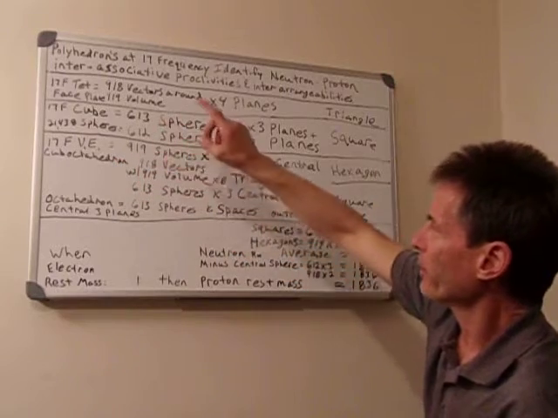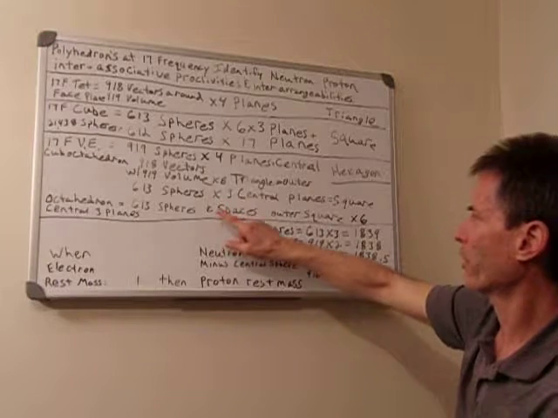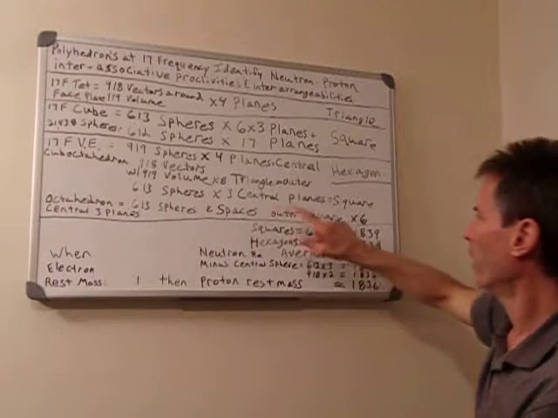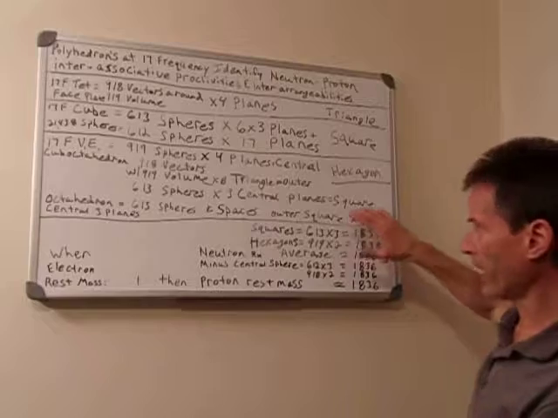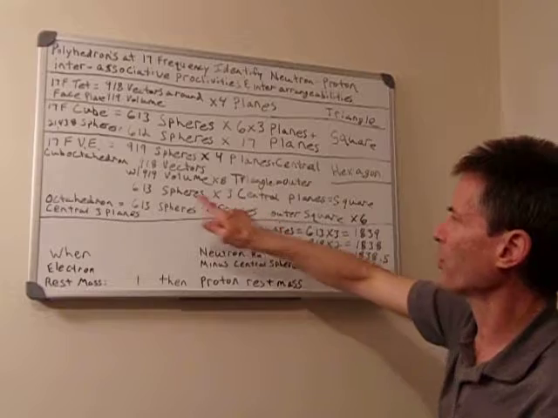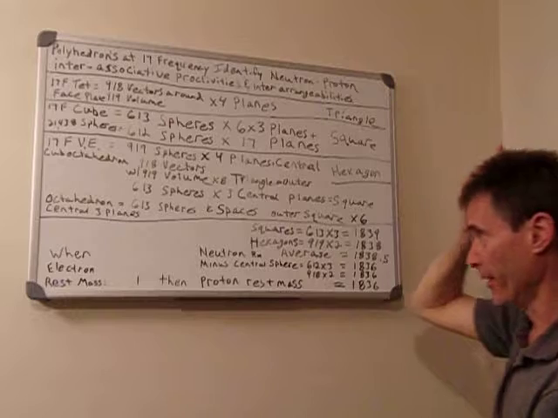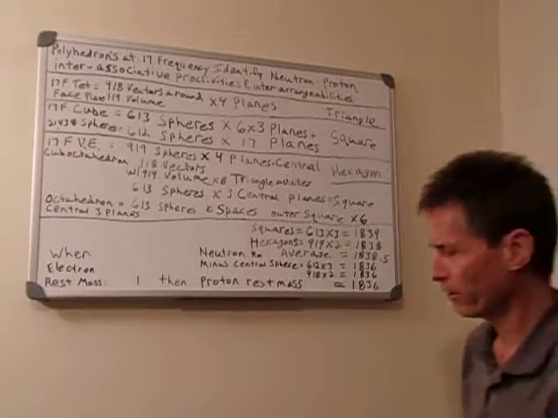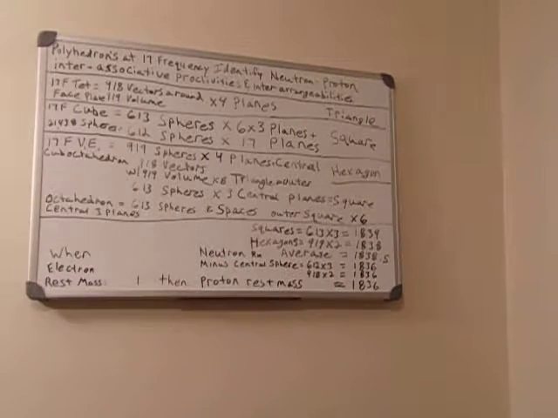The cuboctahedron also has 613 spheres and spaces total on the outer square faces, and it has 6 of them. These are the same total number of spheres and spaces which exist on the 3 central planes of the octahedron of 17 frequency. We'll see then there's a dynamic here, sorry for disappearing,